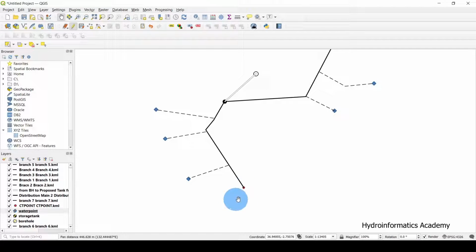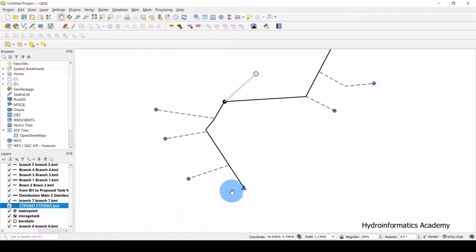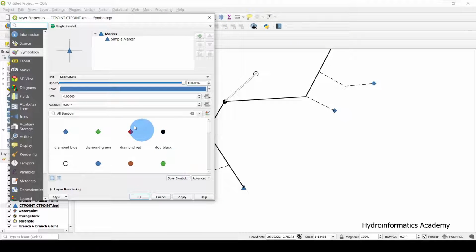But here at the kettle trough, we also need to find its own unique mark. Let me select kettle trough. This one here is the kettle trough. Okay, so let's select this. Let's use this triangle. This triangle is going to present a kettle trough on our map. If I double click this and try to reduce its size,